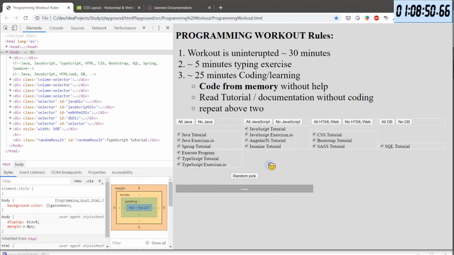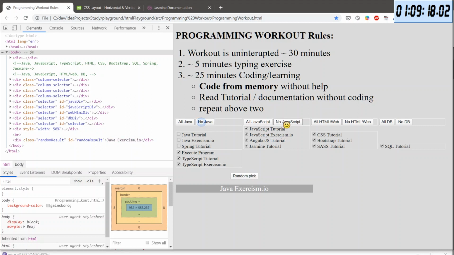And now when I reload, this will either not pick anything or, okay, bootstrap, CSS tutorial, execute program, SASS tutorial, Spring tutorial.